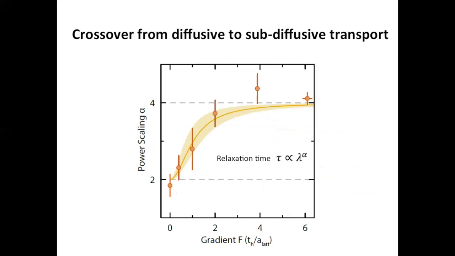We tried to understand how this behavior changes with gradients. We fit our data for the relaxation time to a power law of the wavelength. This power is alpha. And we see a crossover with gradient from the power being 2, which corresponds to diffusion,